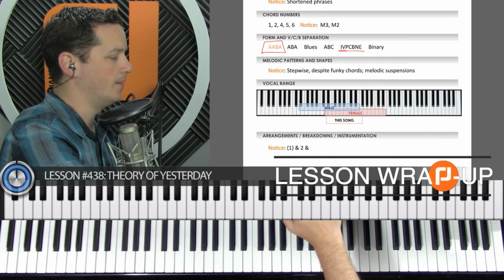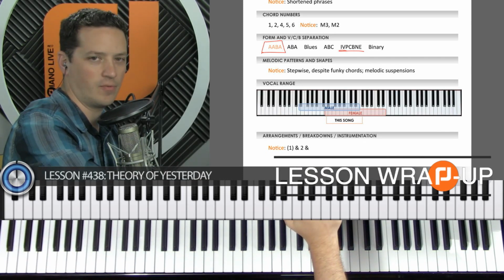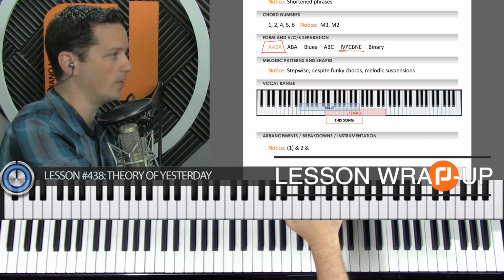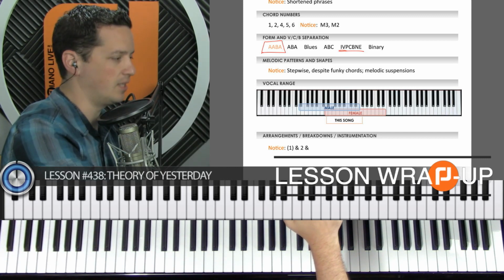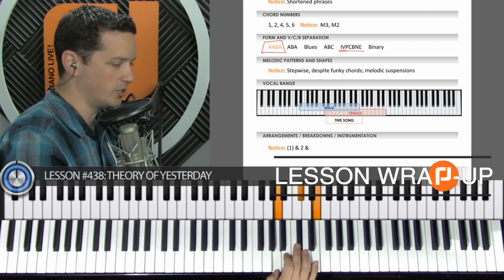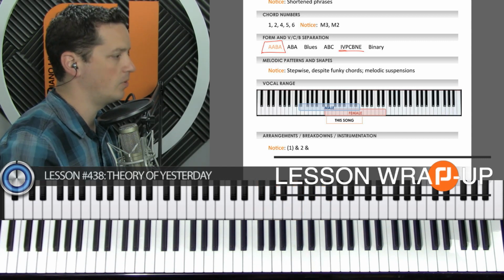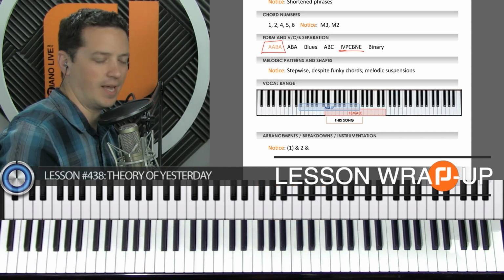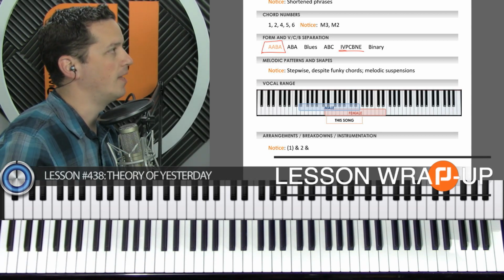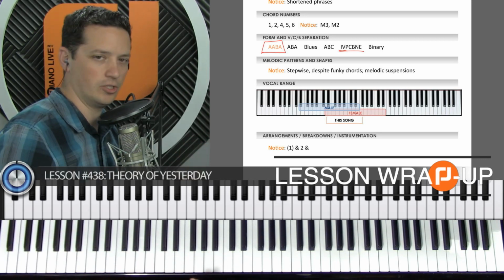Cool. We talked about the melodic patterns, how it's mostly stepwise, despite the fact that they do have a bunch of chords and a bunch of weird chords. And by weird, I just mean they go outside of the scale a lot. They don't stay in the key of F. We have got that major 2 and the major 3, the G major and the A major that you normally wouldn't find in a song that is in the key of F. The vocal range is just barely outside of the normal range. By normal, I mean the normal vocal range for a person, not the normal range that songs are generally written in.